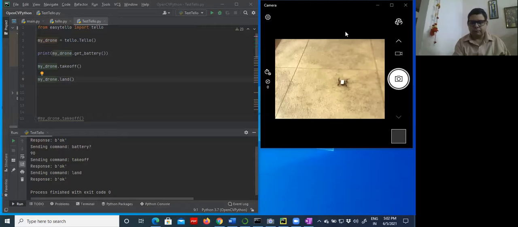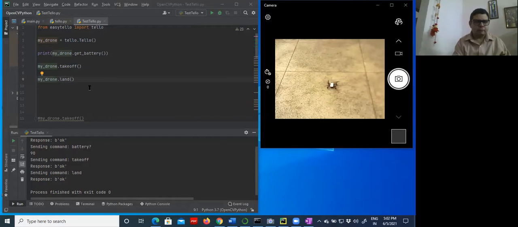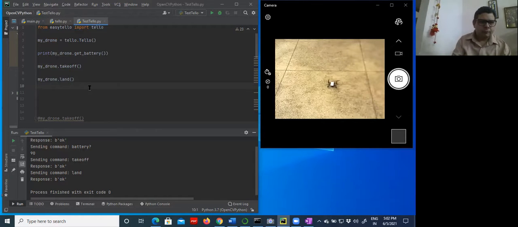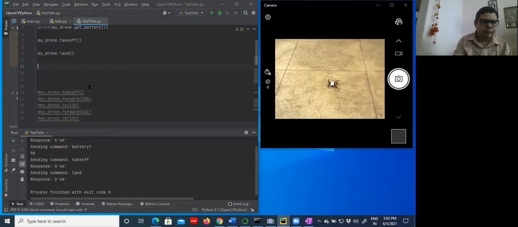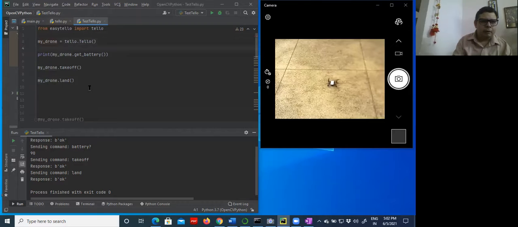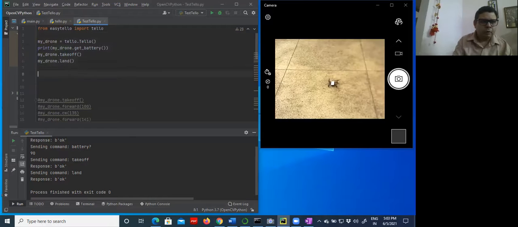So what we will do, we will take some more work from this drone. Before taking some other task, I will give you a small example so that you may learn how to move this drone through some application. Let us take some application. For example, I want to fly this drone in a particular structure, in a particular formation.